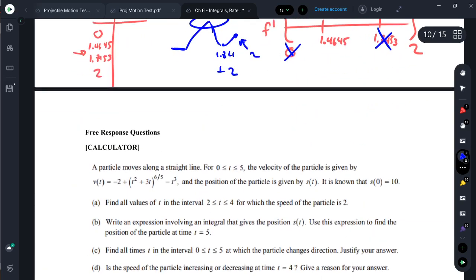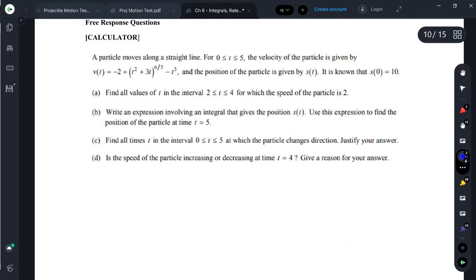All right, moving on to our FRQ section. We have a particle given by the velocity v of t, and then we have the position of the particle by s of t. And we know that s of 0 is equal to 10. So A, find all the values of t in the interval from 2 to 4 for which the speed of the particle is 2. Now, this is a calculator section. This is a little bit tricky, but